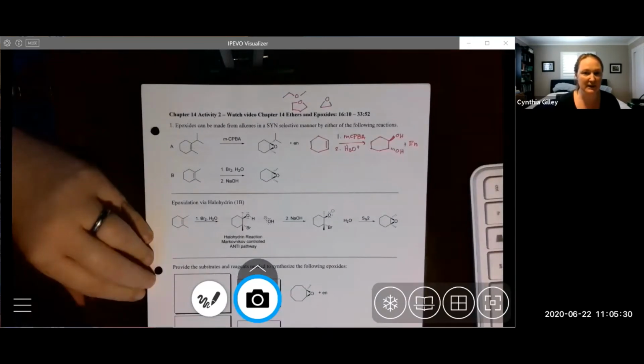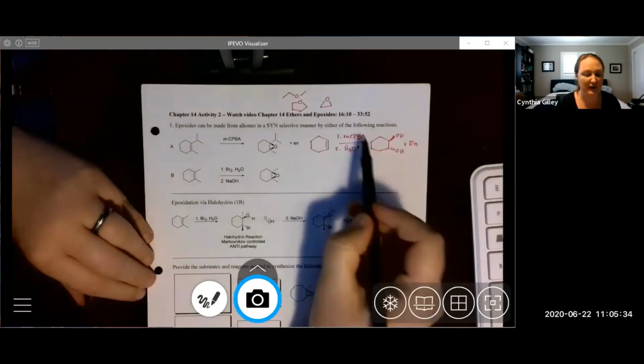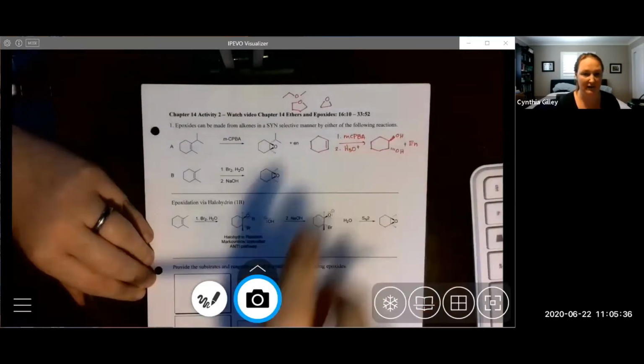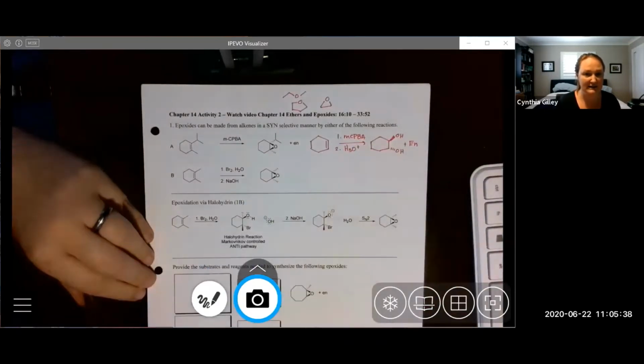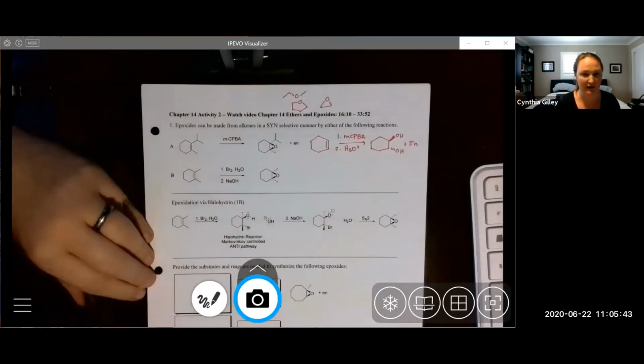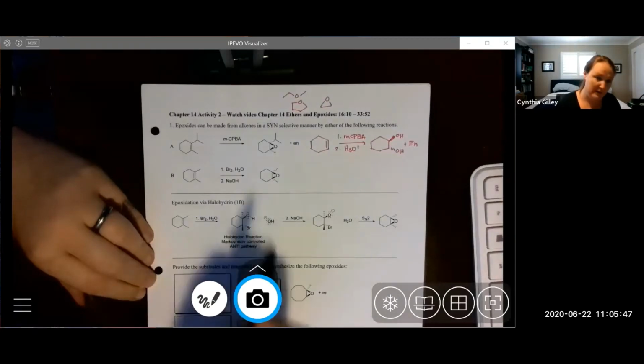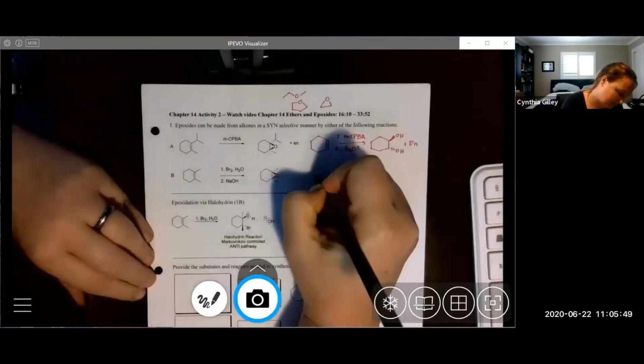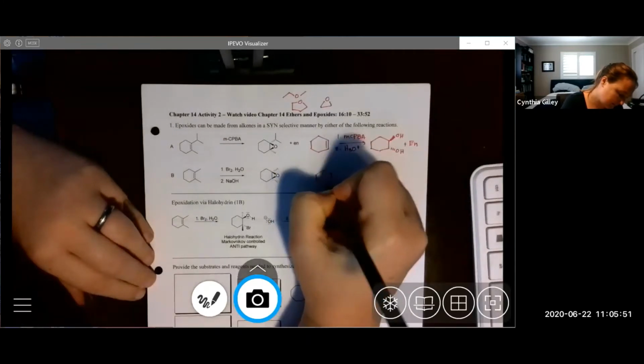And so basically it's just kind of like looking at what's going on in the first step, right? Without adding acid after, we can isolate the epoxide and then use it to do something else other than make a diol by adding acid. So we can just use MCPBA, what it looks like. Probably, I'm sure it's in the video, but